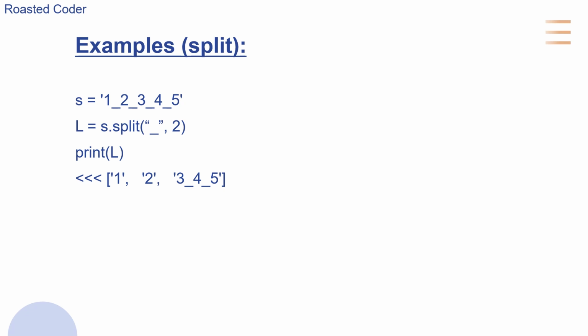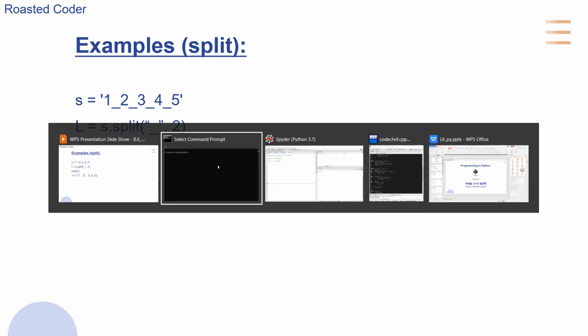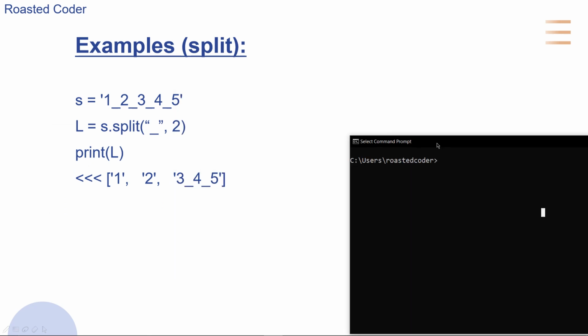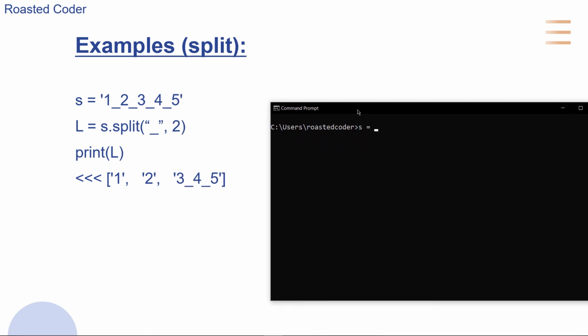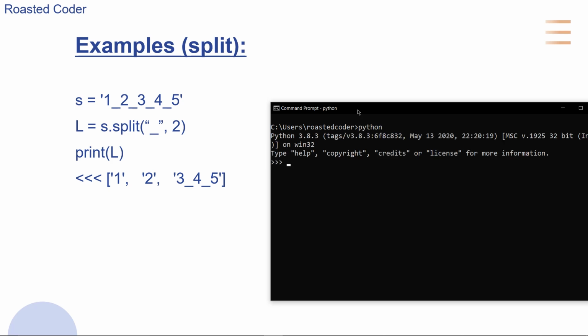Now let's see this using the command prompt. Let's start Python, and now let's take s equals 1_2 and so on, and we have a list l, and we have to split the given string by underscore, and the number of times we are splitting is 2.